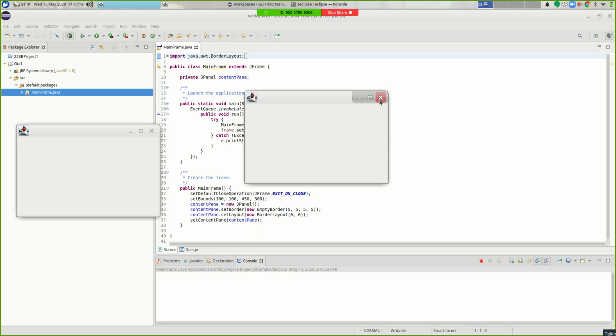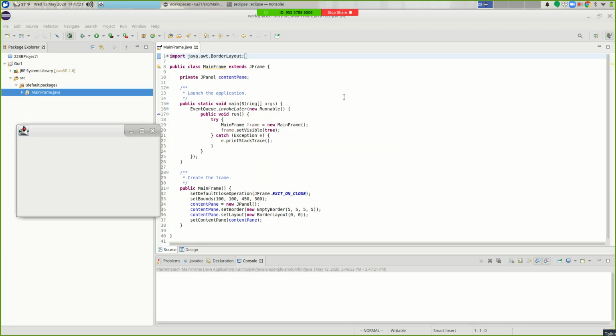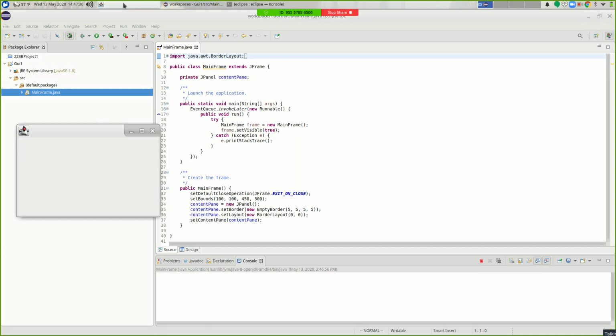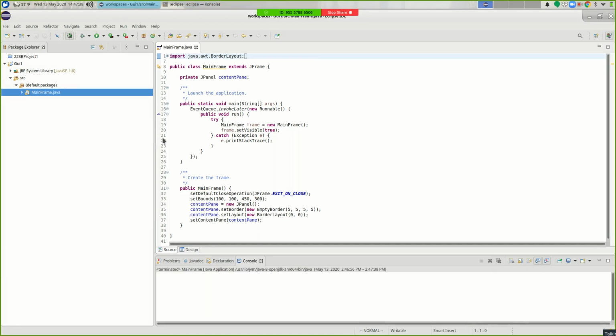And if I close this one, right, it looks like my program has terminated. But if I look, I actually have another console window, which is that first mainframe, which is not terminated. So if I click on that, I can see that my session is still running, and I can close this out to terminate that.